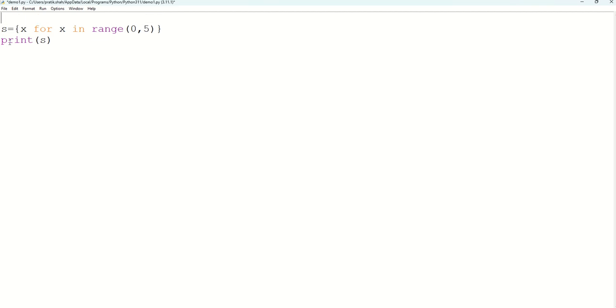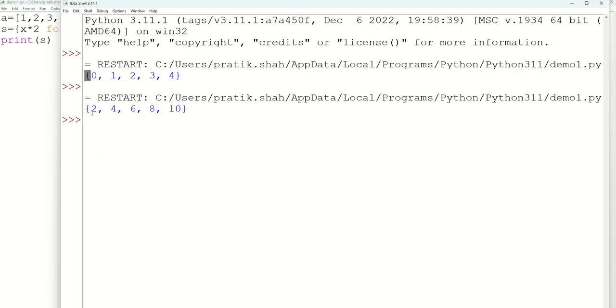For example, we have one list, a is equal to 1, 2, 3, 4, 5, and we are interested in x for x in a. Whatever is the first value of a will be given to x, and then the second value, then the third value, and we are interested in doing x into 2. So what will happen here when you run your module? You can all see it is 2 4 6 8 10, because 1 into 2, then 2 into 2, then 3 into 2,